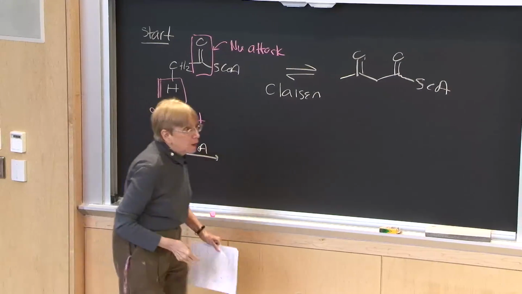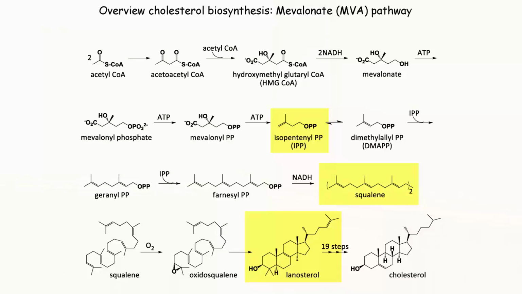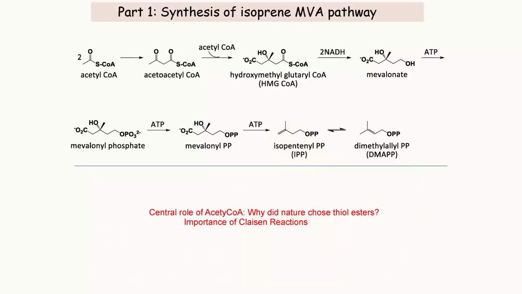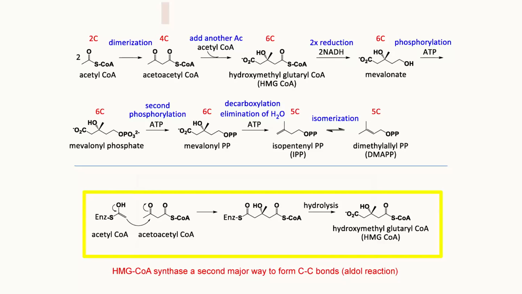Okay, so before I go on, let's go through what we know. So we're starting here. Here, acetyl-CoA plays a central role. Why thioesters? It's important in Claisen reactions. Here's the example of a Claisen reaction involving a carbanion intermediate that you guys should all be experts at this stage. What about this step, the next step, formation of